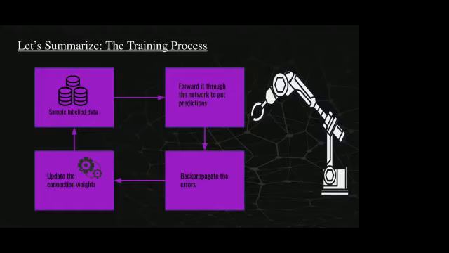Once you get the predictions, you compare the prediction values with the actual labels. Now you compute the errors, which is based on the loss function we talked about yesterday. Once you've computed the loss, you take the gradient of the loss for each layer, starting from the output layer back to your input layer. Then you backpropagate these errors, which is basically the gradient of your loss, and finally you update the connection weights. So this is basically the training process. I would definitely recommend you check this out in more detail.